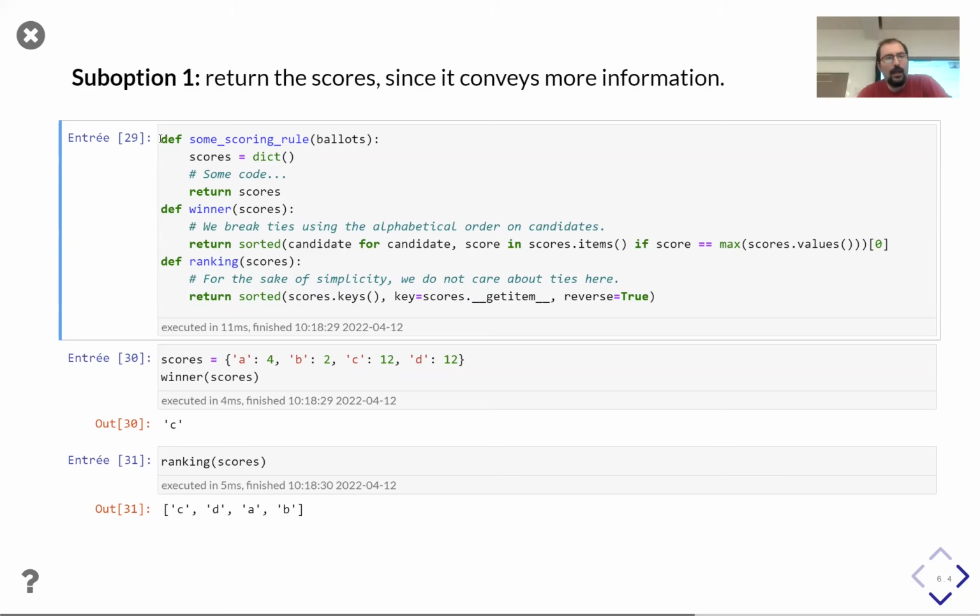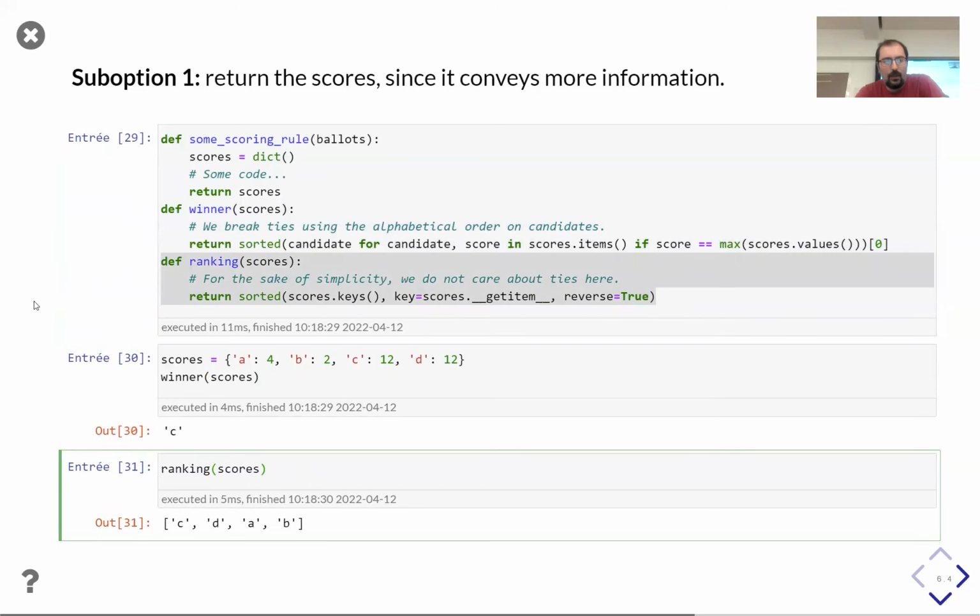So I have a function for some voting rule. I compute the score in some way, then I return the scores. And then I have other functions, like one function that takes the scores and outputs the winner, one function that takes the scores and outputs the global ranking. And then I can compose these functions in the way I want.